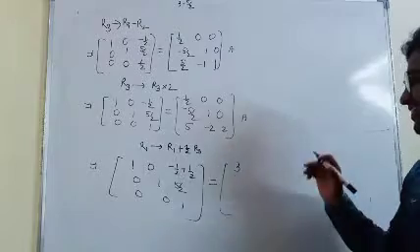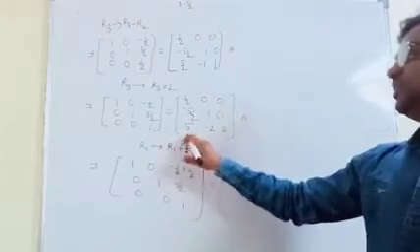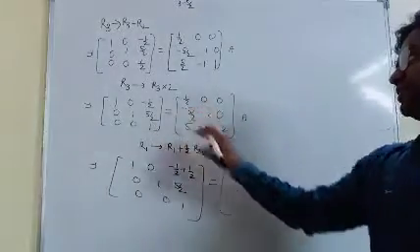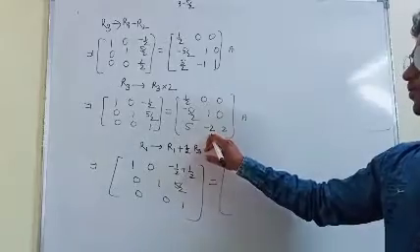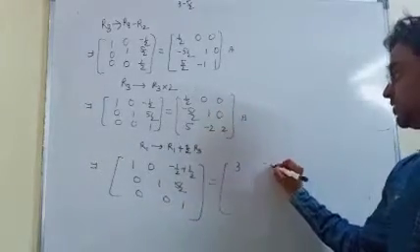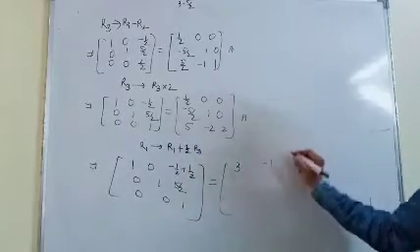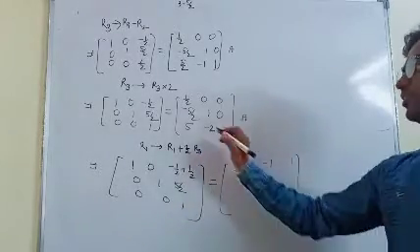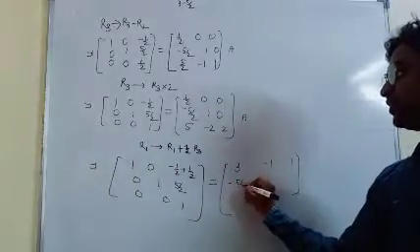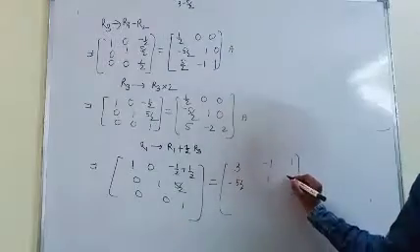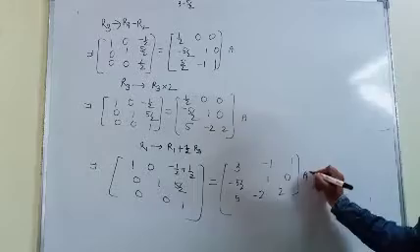What I do? Now what you do, you will apply the formula here. You will multiply with this 1 by 2 and add this, and 2 you will multiply with 1 by 2, it will become 1, minus 1 added to 0 becomes minus 1 only, 2 multiplied with 1 by 2 becomes 1, 1 added to 0 becomes 1 here. So this is minus 5 by 2, 1 0 5 minus 2 and 2, this is the same.